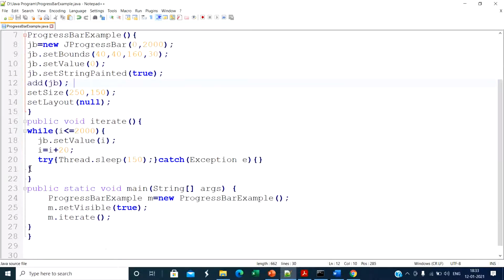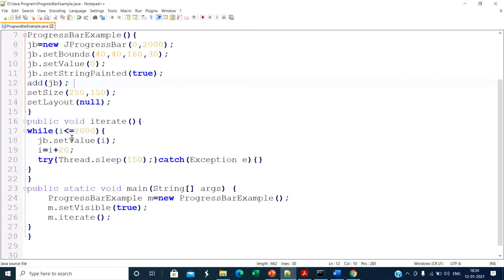Next we use one method, public void iterate. Iterate is the method regarding the progress bar. Inside that we use a while loop while i is less than or equal to 2000. The maximum value is 2000 and i is always less than or equal to the maximum value.